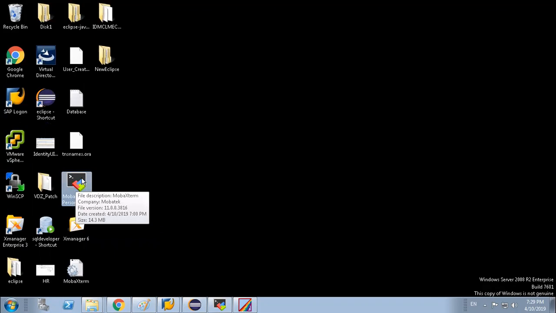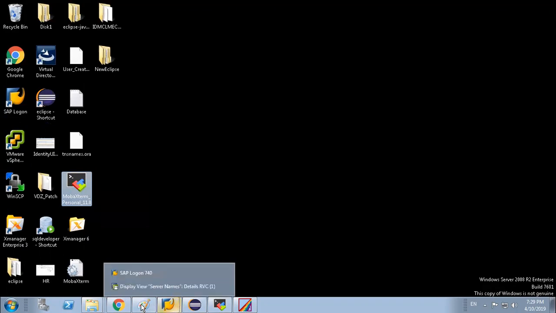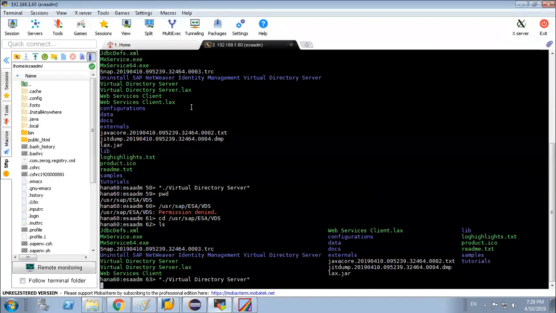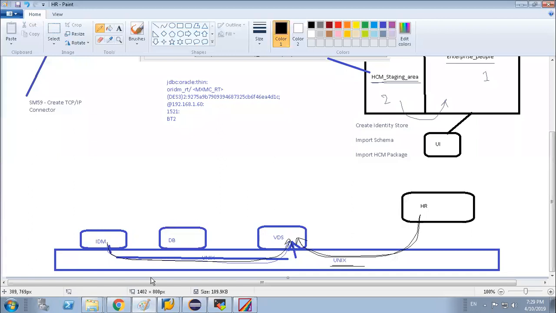This is one software through which we can open, which will basically take us to this Unix server. This is the location from where we can open the VDS.